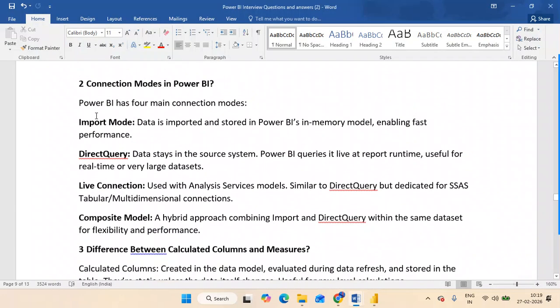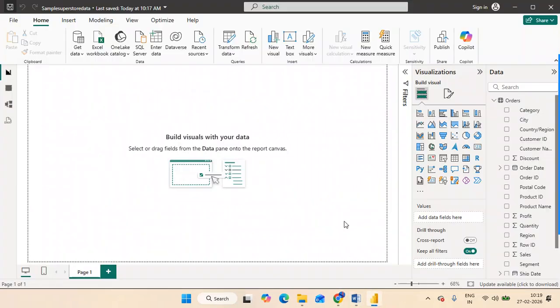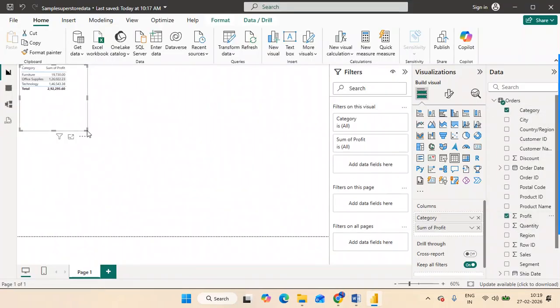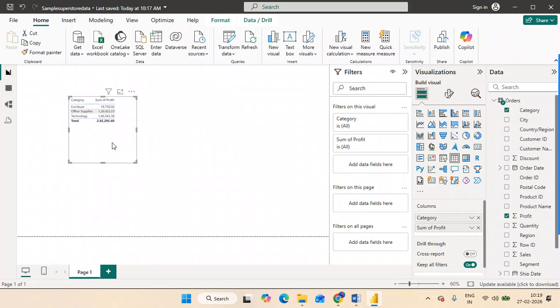If you see the second question, here we are talking about import mode and direct query mode. What you have to tell is that import mode takes a snapshot of data from the data source and brings the data into Power BI Desktop. It is stored here in our local machine, so it supports all the DAX calculations. There is no limitation in DAX calculation, and it improves performance. Why? Because if you are doing any kind of operation, like creating a visual, it is created rapidly and immediately gives the results, because it is not querying the database every time.